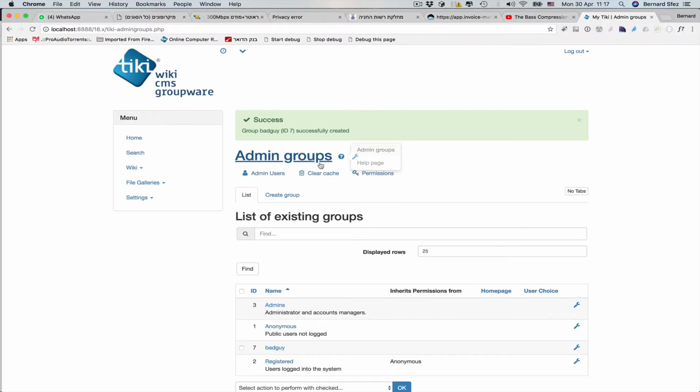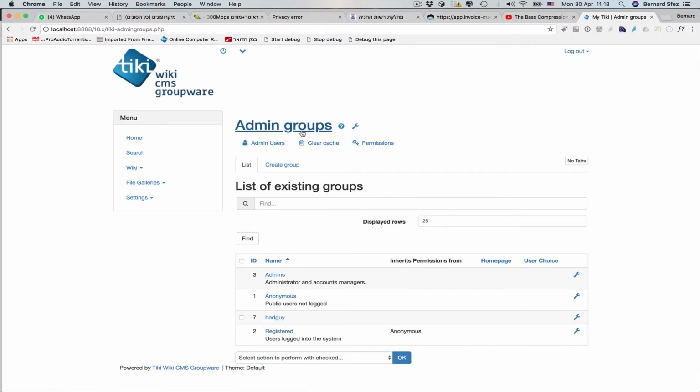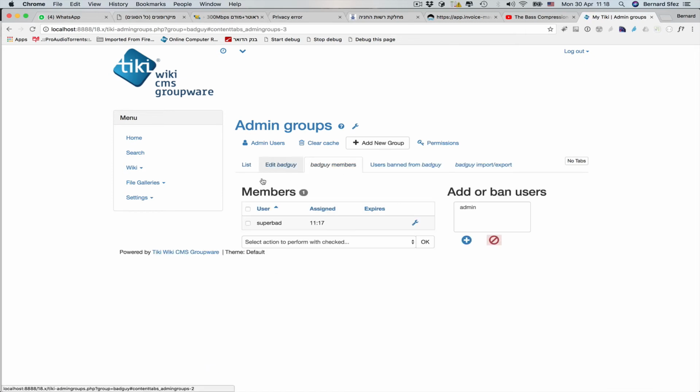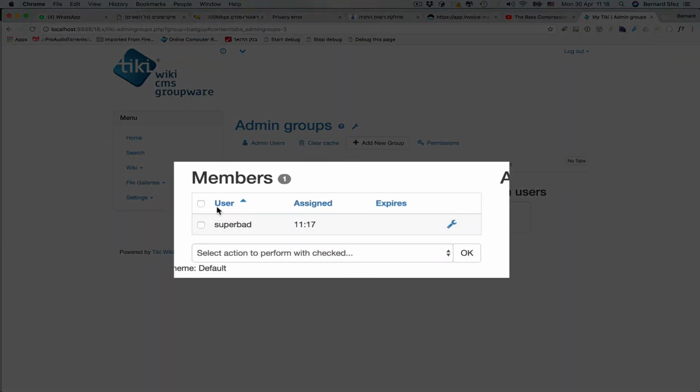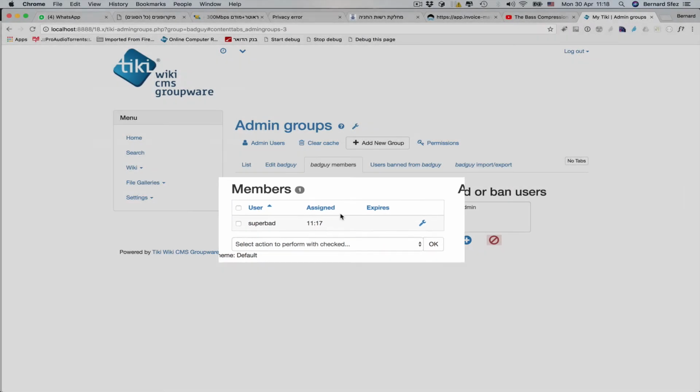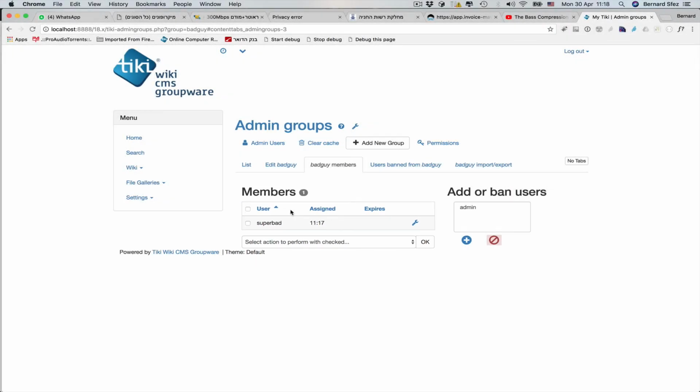Now if I go back to my admin browser and refresh the group page, I see that we got the bad guy group, and if I look at the members, hey, my super bad guy is a member of this bad guy group. So in this case, of course, now I can apply to that group the right permissions, so I keep them